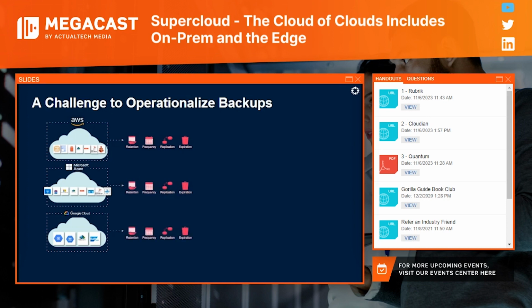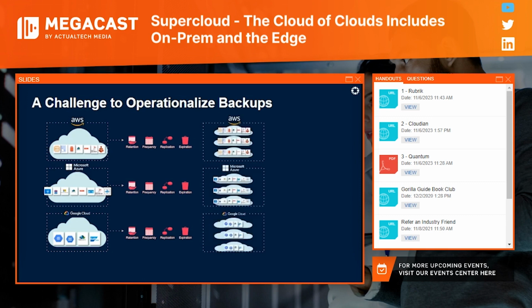And so in order to get there, if you're just using native tools, which a lot of us do out of the gate because they're easily accessible, you potentially have 3 new sets of tools you need to figure out and understand to be able to keep track of your data. But oh, by the way, you're going to have potentially those tools running across many different accounts across those different clouds, many different regions across those different clouds.